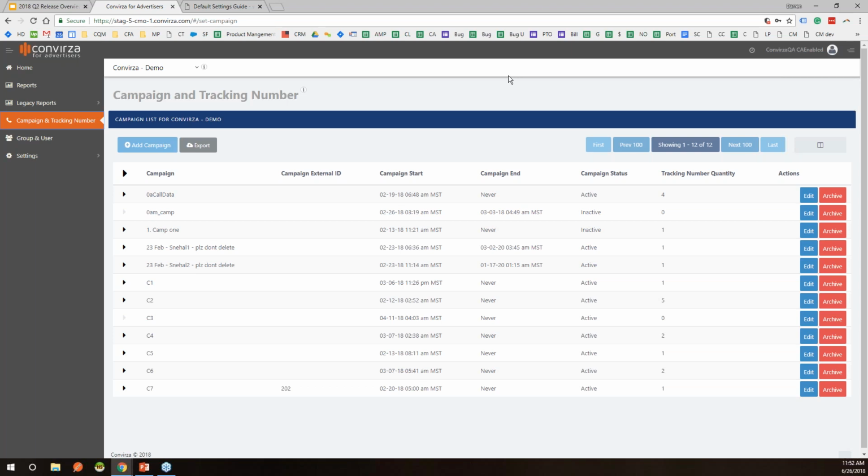Next question, can you implement a way to search by external ID and not just group name? That would probably be when it comes to reports, would be my guess. So you're wanting a way to filter reports based off of external ID, not just a group name, would be my guess. And that's a great suggestion. I will make sure that we look at that and address that next time we go to release an update